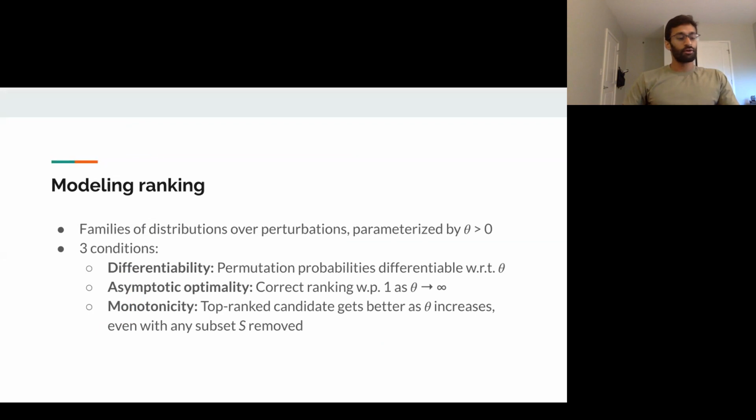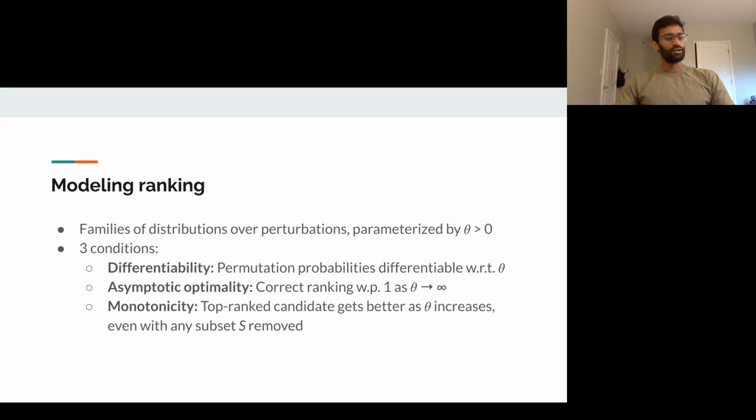And now I have to tell you a little bit about where these rankings come from, right? Why do they all have different rankings, and how is that related to the ground truth? Because remember, these candidates all do have some utilities associated with them. What is the relationship between those utilities and the actual ranking?